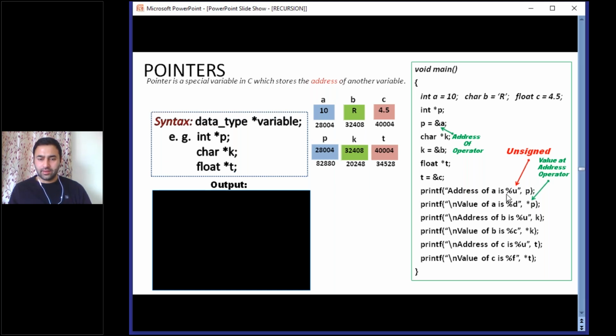Address of 82880. Okay, at the first line, its output will be: address of A is 28004. Then next, value of A is 10. Okay, after this